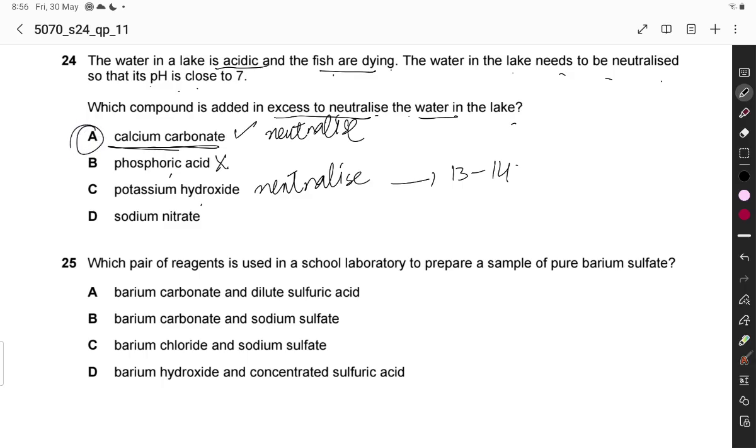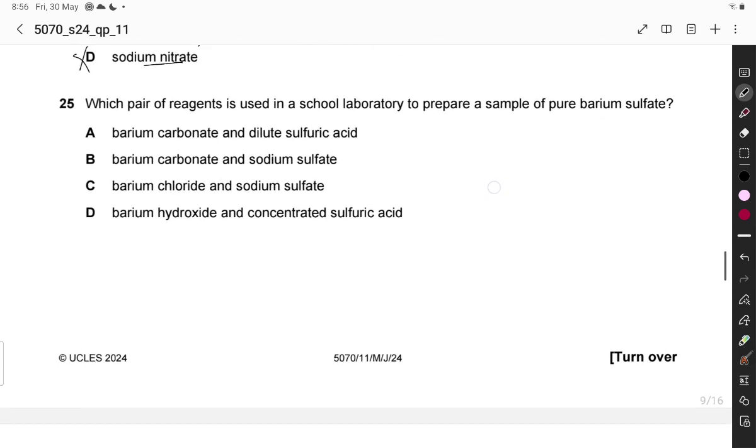So A option is correct option. Sodium nitrate is also a salt, so it is also incorrect. Which pair of reagents is used in a school laboratory to prepare a sample of pure barium sulfate? Barium carbonate plus dilute sulfuric acid. Barium sulfate plus